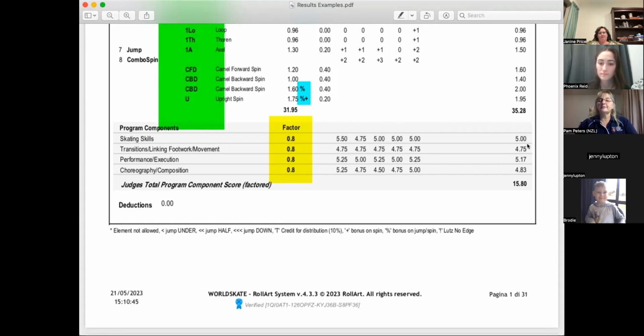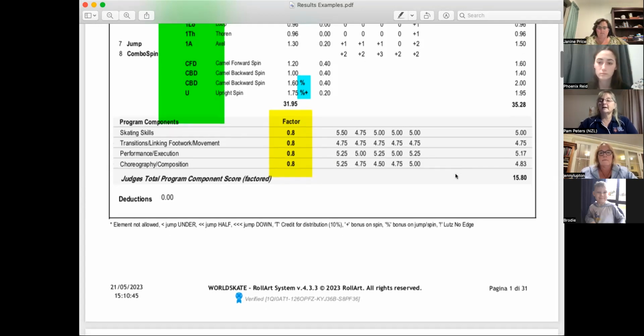The other thing you can tell from looking at these numbers is that this young lady's pretty standard across all her components. Her very best component was her performance, and her worst component was her transitions, but she's pretty steady. Now, it's not unusual to see on occasion that a skater, particularly a new skater, might get quite low performance skills, but because they're getting quite good at the content that they can do, their skating skills might be a little higher. And that's good, because it means we can reward what is good and give feedback on what